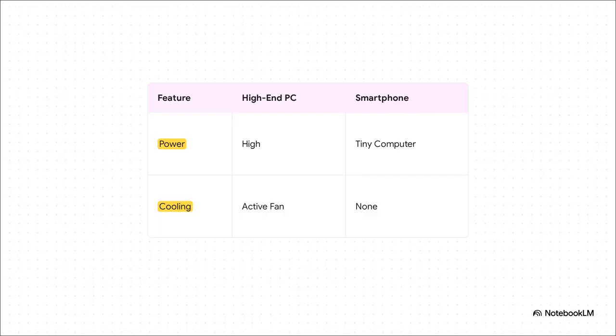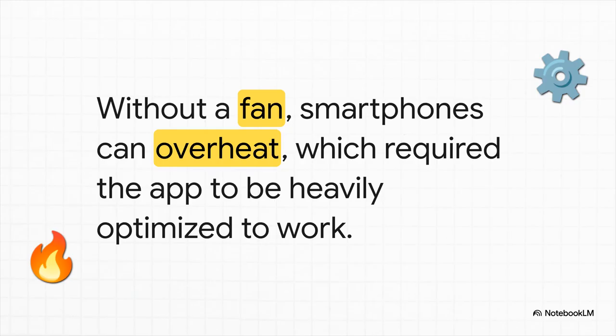And to really get how big of a deal this is, think about it. On one hand, you've got these monster gaming PCs that cost thousands with powerful processors and big cooling fans. And on the other, you've got a smartphone with a tiny fraction of that power. And, this is the crucial part, no fan at all. And that little detail, no fan, that was everything. Because running a complex AI simulation like this generates a ton of heat. Without a fan to cool it down, the phone would just overheat and shut itself off in minutes. This forced him to optimize every single line of code to make the entire simulation ridiculously efficient.